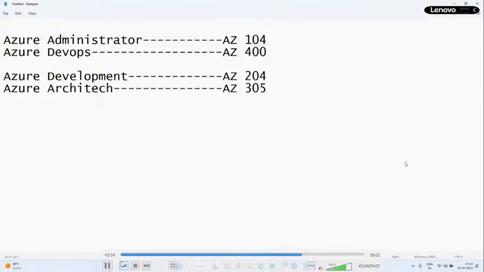Does it cover Azure Fundamentals AZ-900? Yes, AZ-900 is already included in AZ-104. You need not worry about it. Okay, thank you, sir. Syllabus notes? Yes, whatever content I am going to explain for this course, I will display it in tomorrow's session.